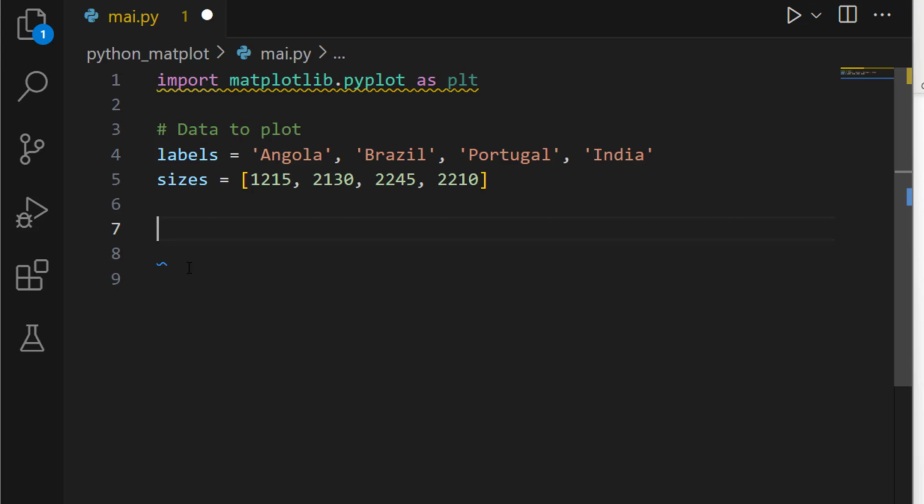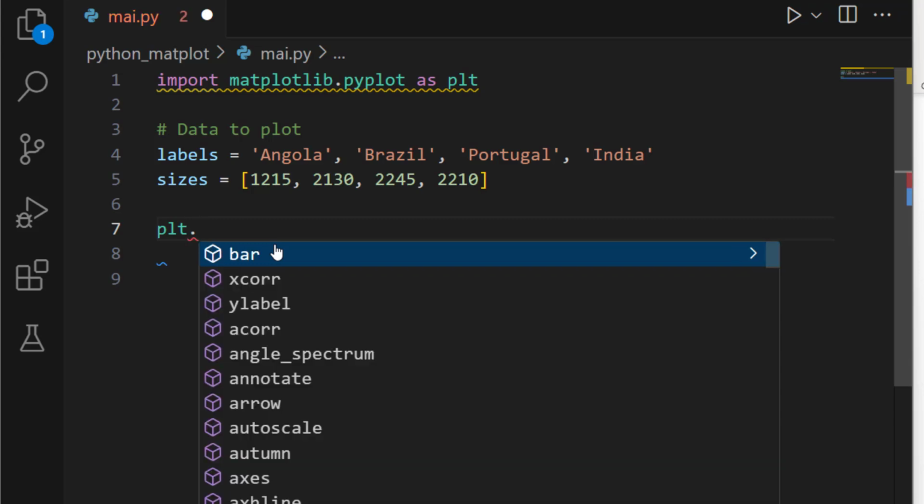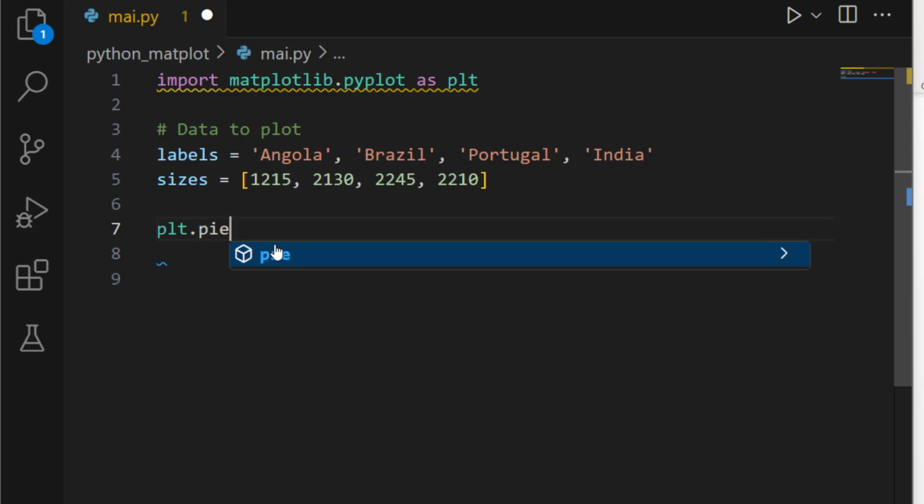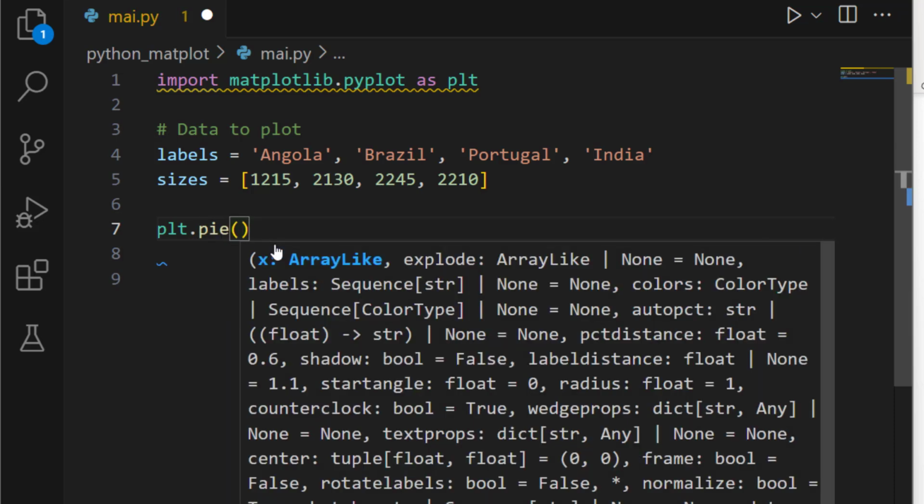So in order to create a pie chart in Python, we just need to do something like this. plt dot, for bar we know that we just need to give bar. For a line chart we just need to give plot. But for a pie chart we just need to give pie, open and close.